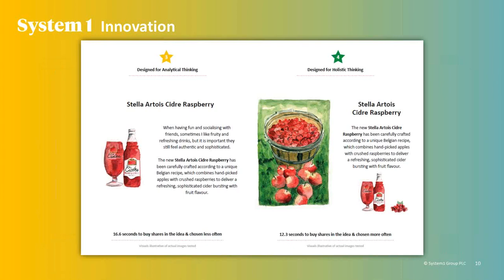So this has implications not only for how you test this thinking, but also how you present ideas to people. Tom. Yes. Here we've got two ideas. They're the same idea for Stella Artois Cidre Raspberry, two research concepts. One of them has been designed for analytical thinking, the one on the left. It's laid out as a very typical research concept. It starts with an insight, as most research concepts do. When having fun and socializing with friends, sometimes I like fruity and refreshing drinks, but it's important that they still